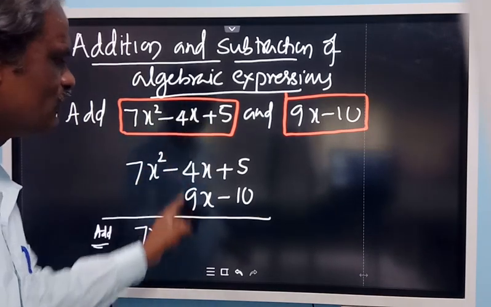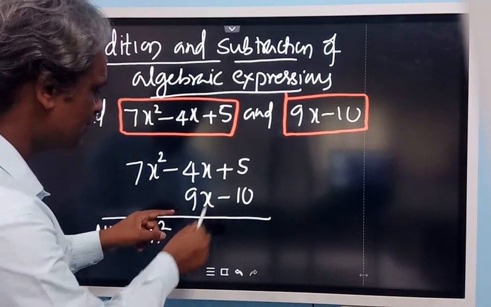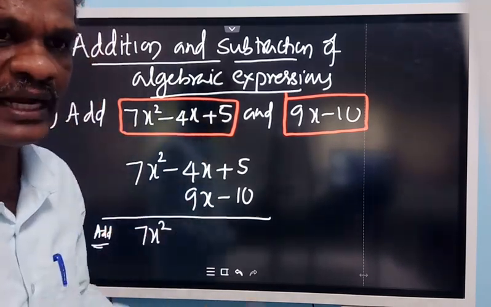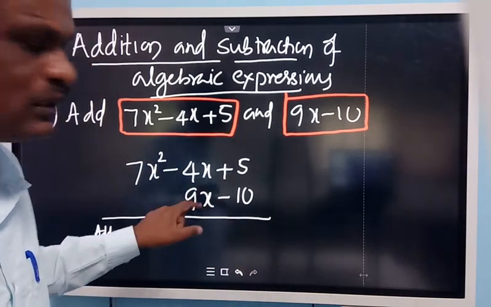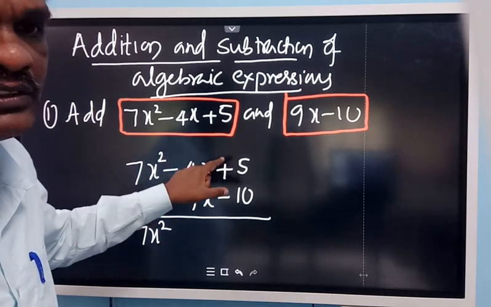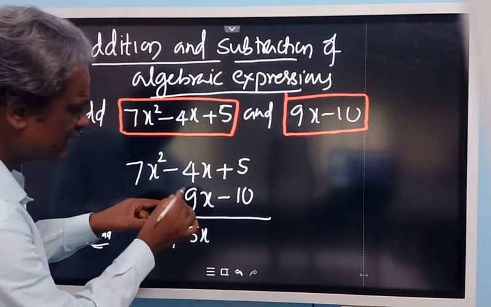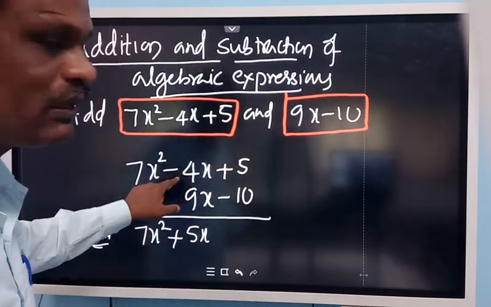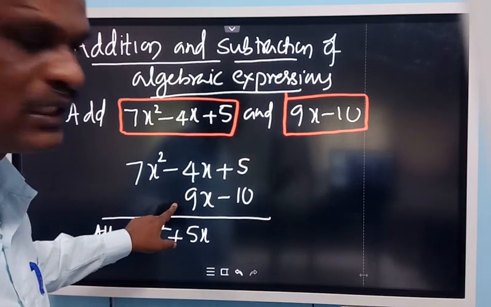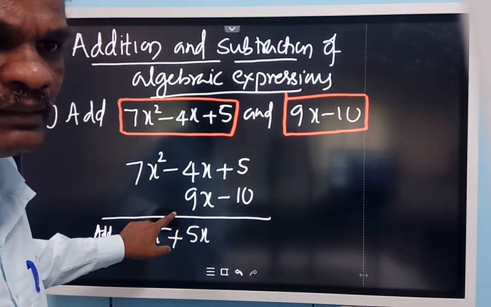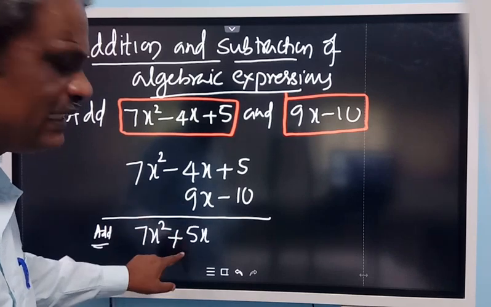So now look at this. We have two terms, 9x and minus 4x. Here one is a positive number and the other is a negative number. Even if I ask you to add them, you subtract because you have to find the difference. So plus 9x minus 4x gives you plus 5x. Put the sign of the bigger number. Here the negative number is smaller. 4 is smaller than 9, and 9 has the positive sign. So you need to put the sign of the bigger number. 9 is greater, therefore plus sign here.